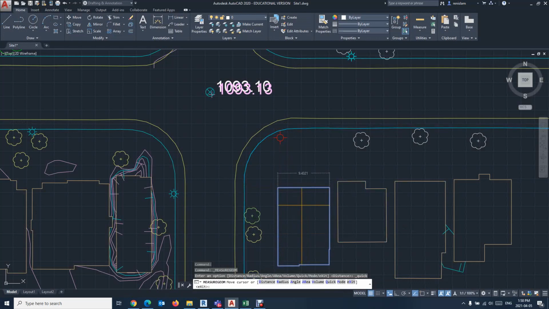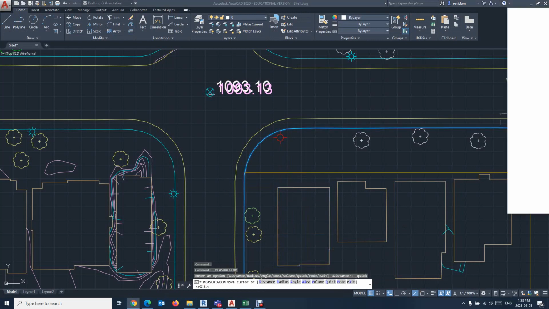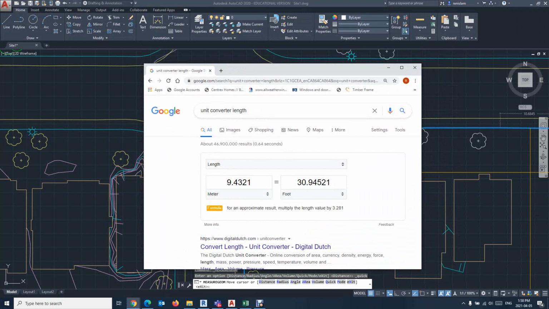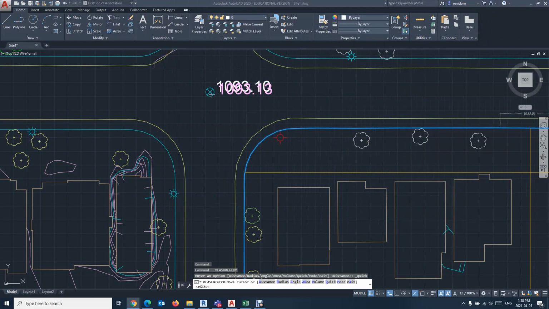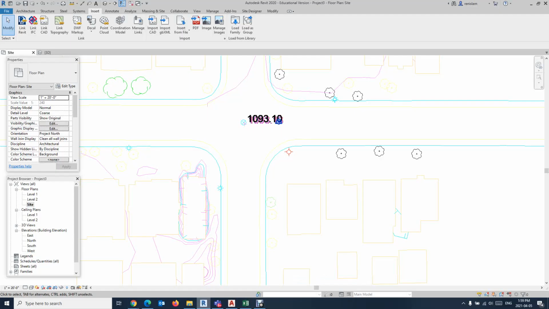When I call it 9.4321 meters, I just did a little bit of metric to imperial conversion, and you will see that now the 9.4321 meters is equivalent to 30.94521 feet. So I need that. Now if I go back to my Revit file,